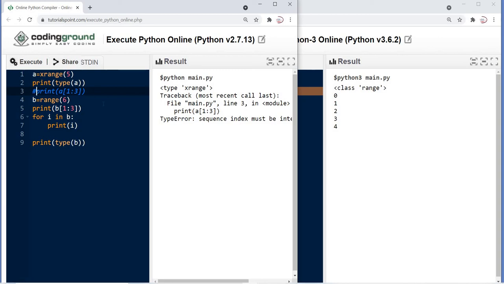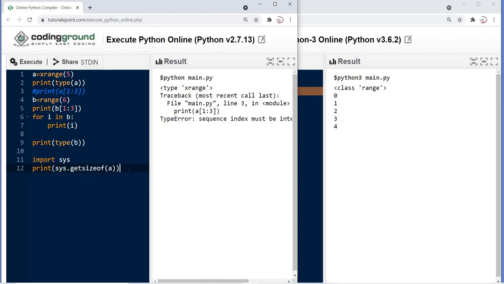Okay, now the next one, we'll check the memory usage. For that, we'll import sys and then print sys.getsizeof of a, and in the same way we'll print the size of b as well.